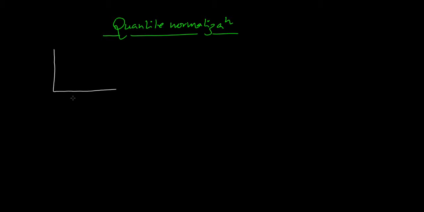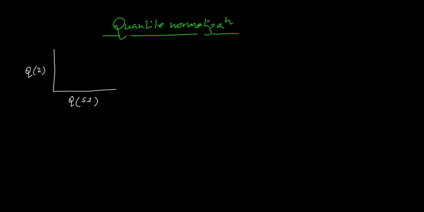We can do one thing. We get the quantiles of, let's say, sample 1 here, and I get the quantiles of sample 2. Quantile means a small fraction of the whole data. Quartiles means 4 parts of the data, 4 different sections: first 25%, 25 to 50%, 50 to 75%, and above 75%. So 4 different parts. So what can be the lowest quantile? The lowest quantile is the one data point itself.